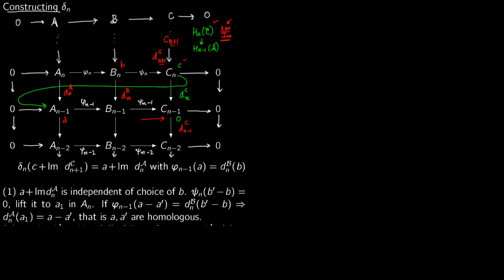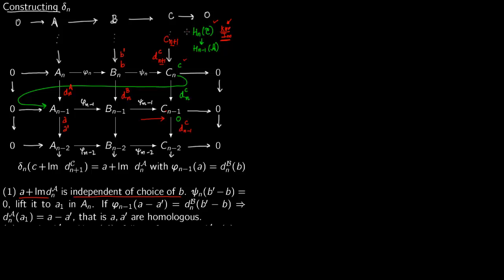So we now talk about this map, A plus image, which is independent of the choice of B. What it means is, say you take another B prime, and corresponding to it you will obviously have A prime. So we have to show that if you choose another B prime, this A and this A prime are identical